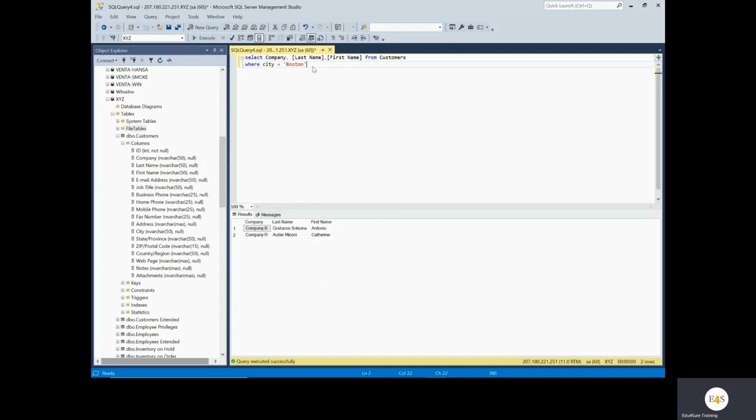Now Boston is written in quotes because this was a text field. If I have a numeric field, let's say I want to keep a filter on ID. I'm trying to say if ID is equal to, my IDs are 1, 2, 3, 4. Let's take 1, suppose. If I do this and then run, it is running for ID 1 and the data is shown, but no quotation marks are required because it is a numeric criterion. So this is how a select query runs, and this is how we can have a filter with the where clause.